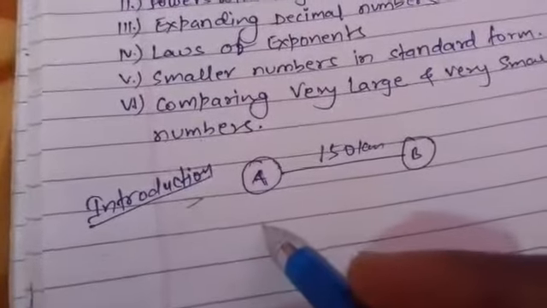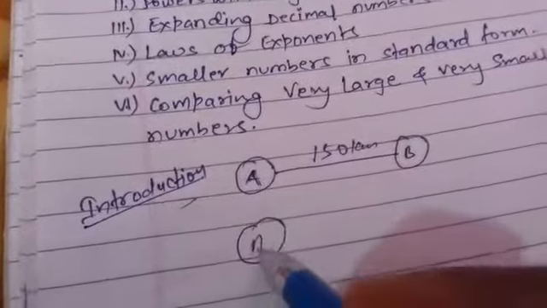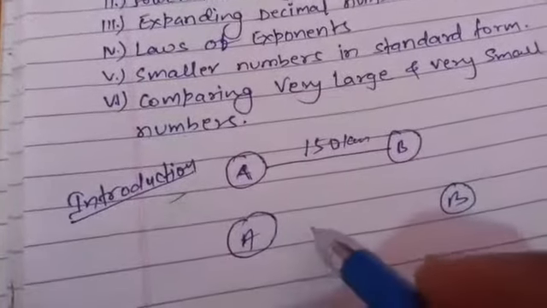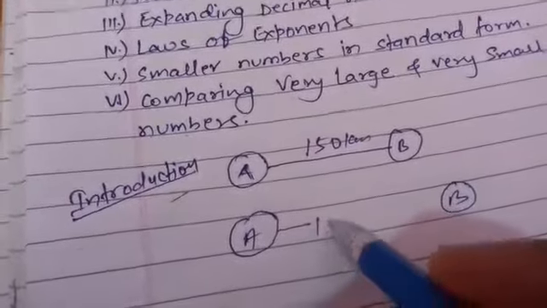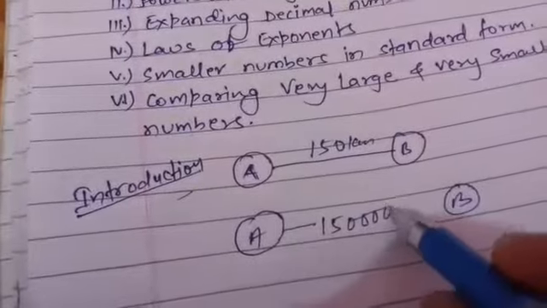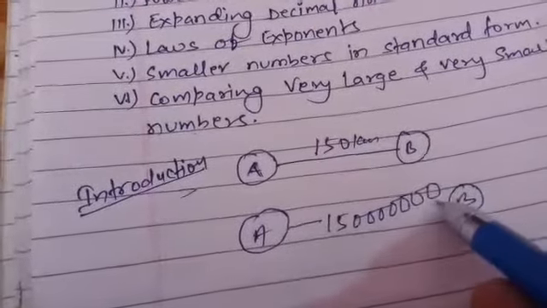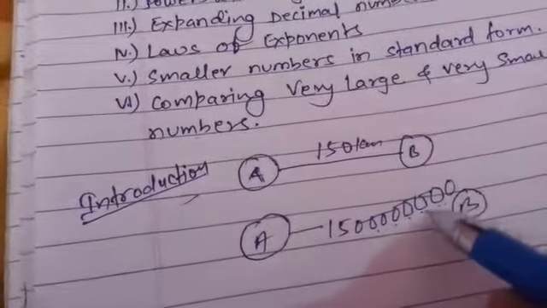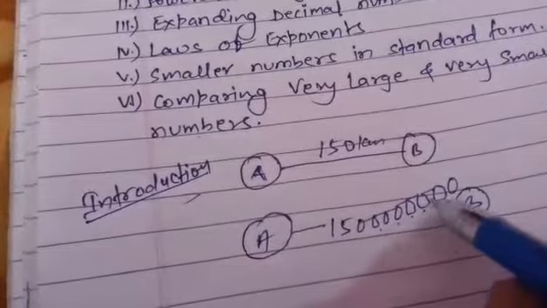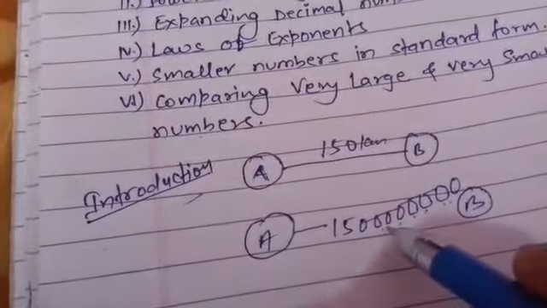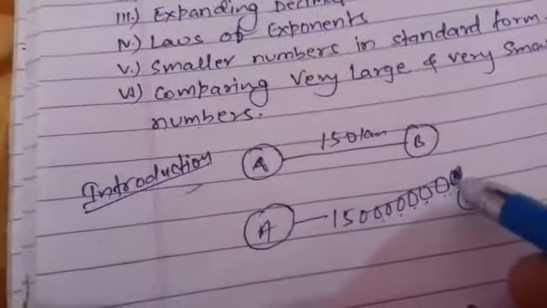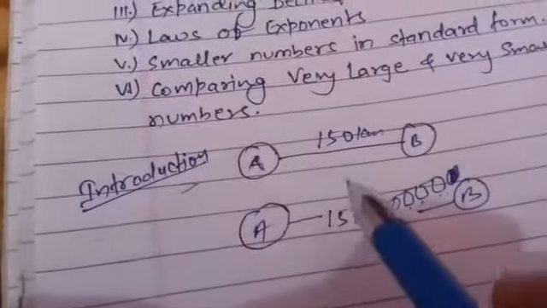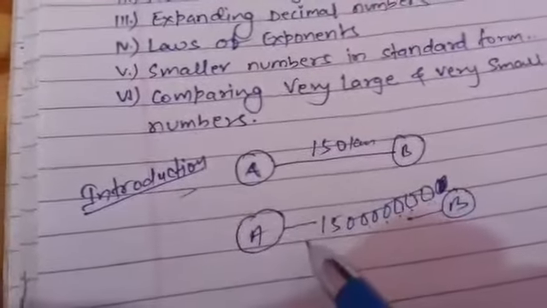But when I talk about a very large distance, suppose between the earth and the sun, it gives us a very large quantity, $150 million, then in that case we have to use